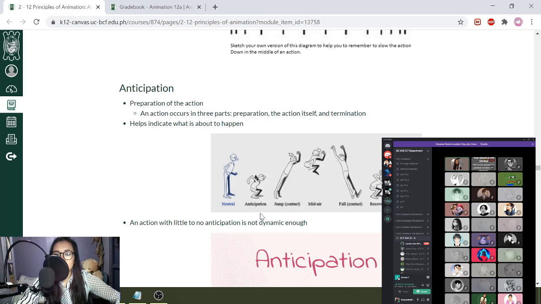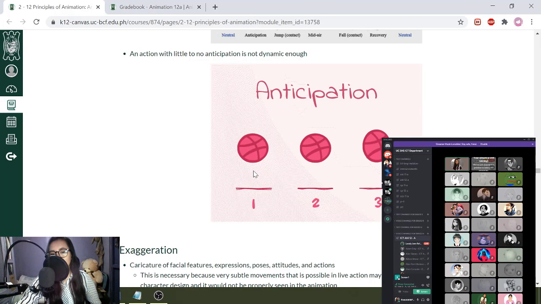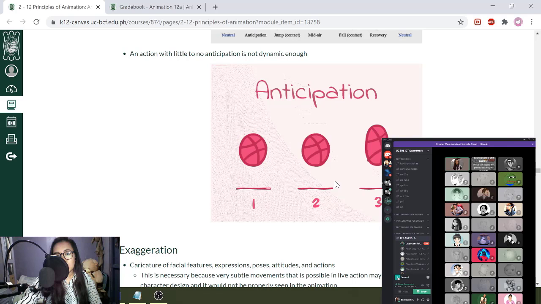Anticipation is known as the preparation of an action. For you to be able to create a more impactful action, you have to have a significant anticipation. If you don't have anticipation, like the GIF below the jump cycle, the first one, as you can see right here, it doesn't have much anticipation. Therefore, its jump, even though they are technically around the same height, doesn't look as impactful. Whereas for the second one and the third one, you can see that there's a bit more impact to it